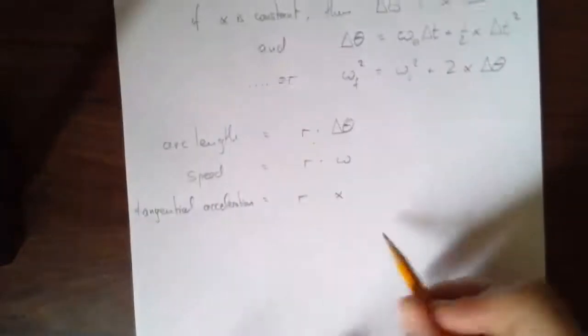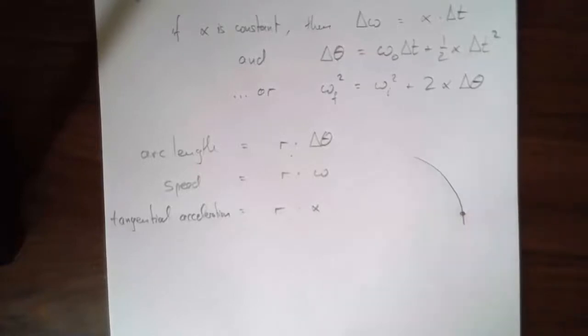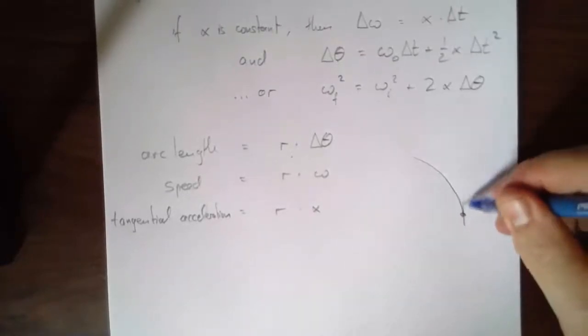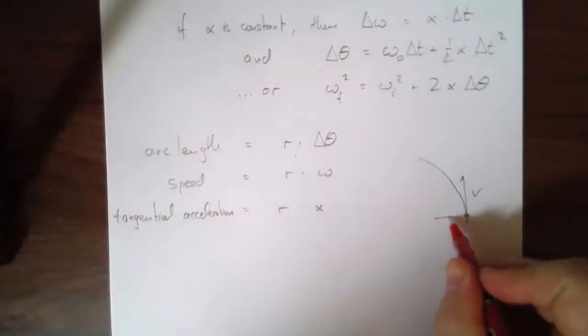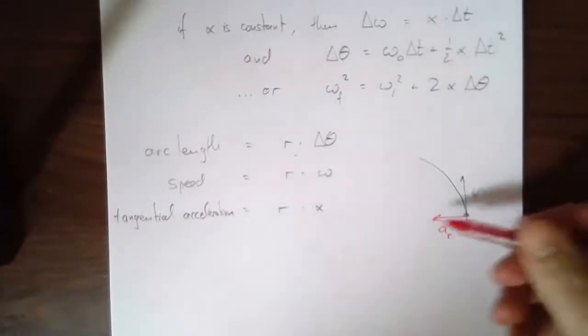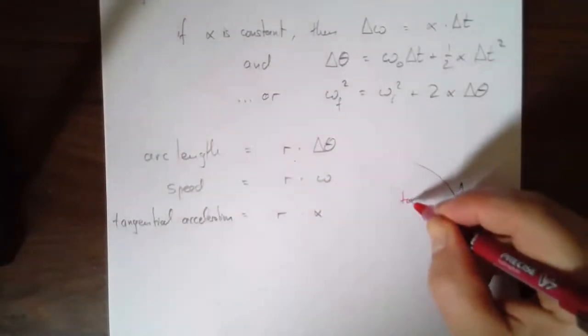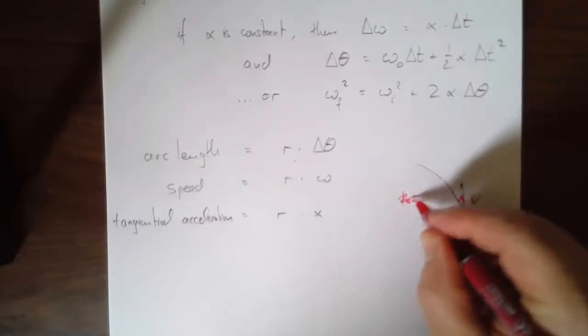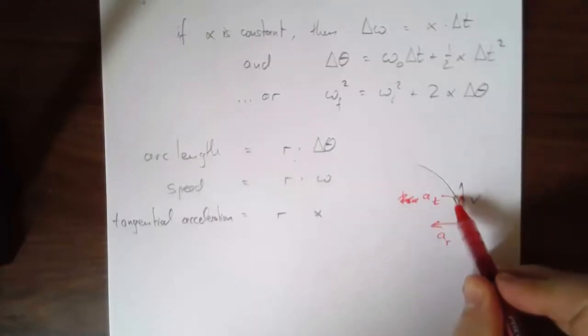So if you're confused right now, let me just draw this quickly. Imagine something's moving along this part of a circle. The object is here. It has some velocity this way, right? Now, its acceleration has 2 components. There's the radial acceleration, because it points along the radius, and there's the tangential acceleration. I guess it's called a subscript t for tangential, like this one here.